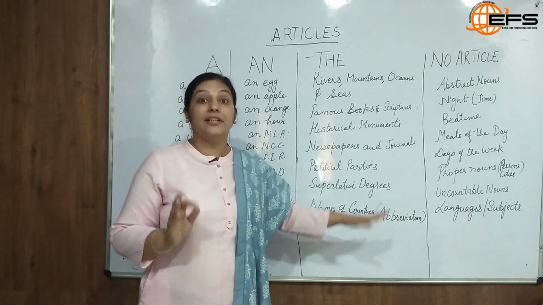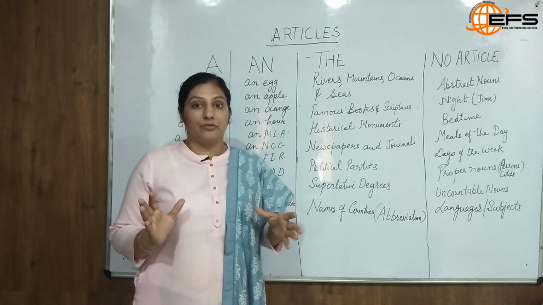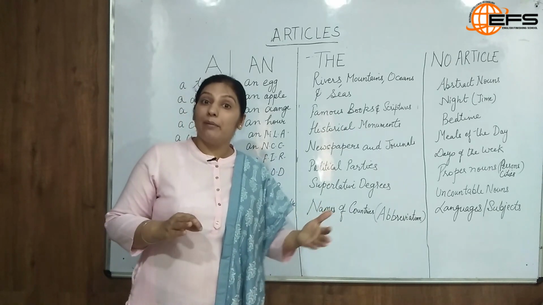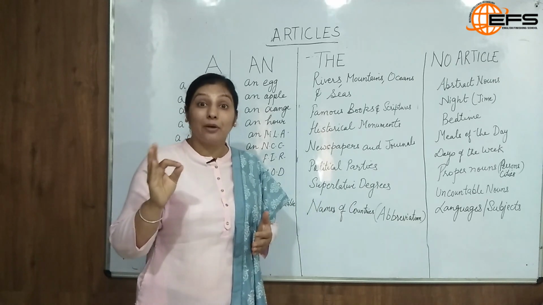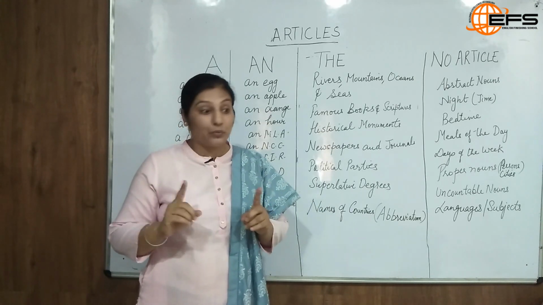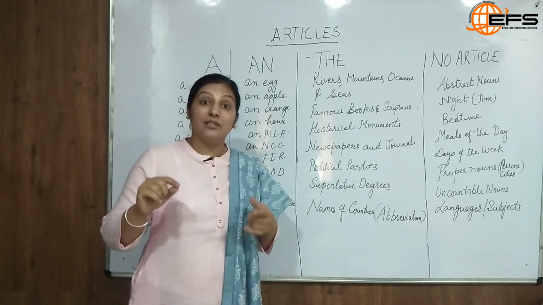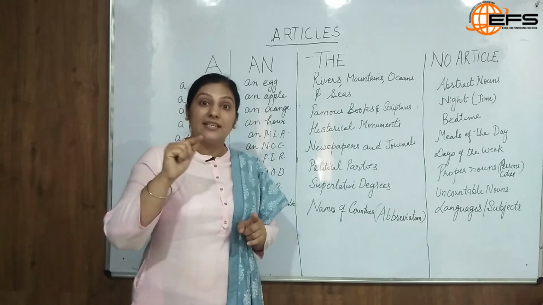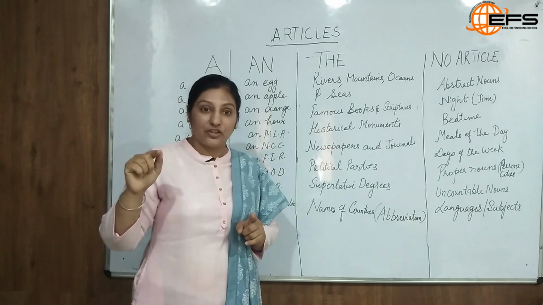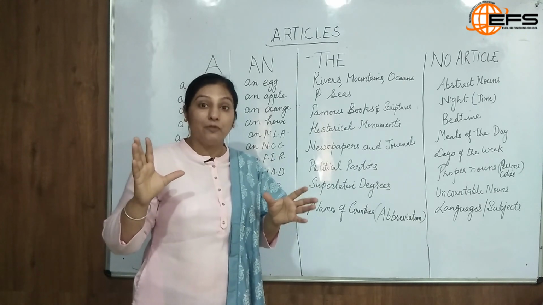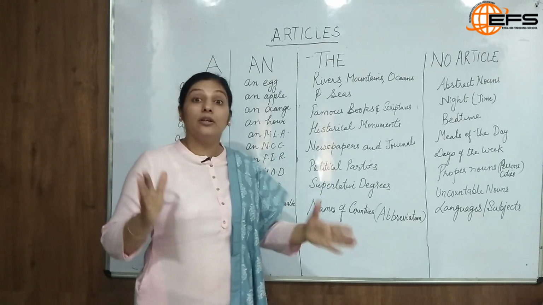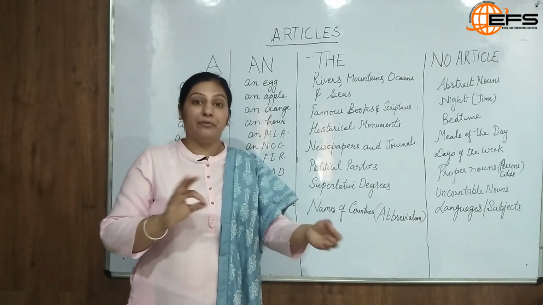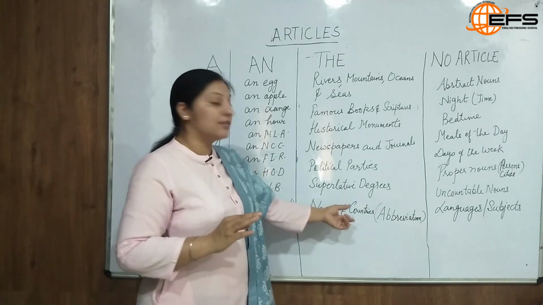And with the names of certain countries, where abbreviations of countries are used, like the US, the United Kingdom, the UK, the Czech Republic. Now look at this word Czech. When I am pronouncing Czech, don't be confused that it will have the sound of z, so it will start with j or z. No, it will start with C: C, Z, E, C, H. This is the spelling of Czech Republic. So the Czech Republic or the Republic of China. Czechoslovakia is an abbreviated form, and these are the names of countries.